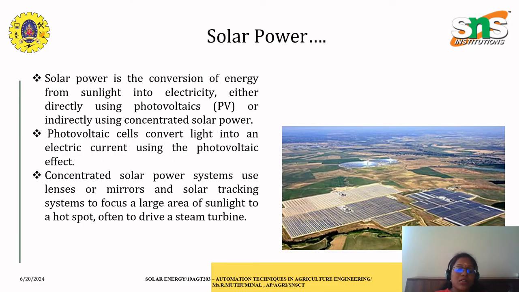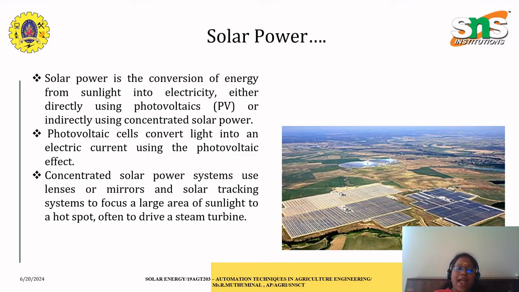Solar energy is different from solar power, right? Solar energy is nothing but sensing the energy that happens to fall over me. But solar power is converting that energy from the sunlight into electricity. So this is how the active solar panel systems work. But in passive, we are not going to convert them into energy or electricity.